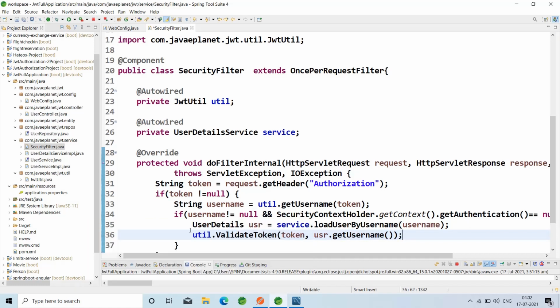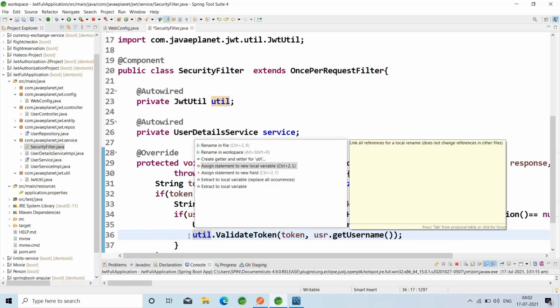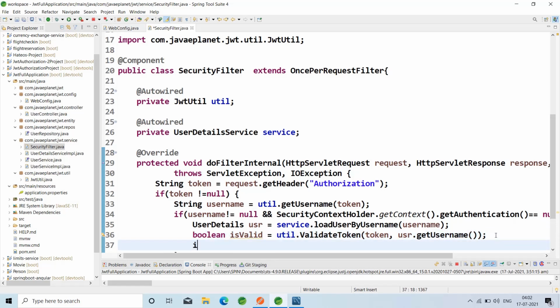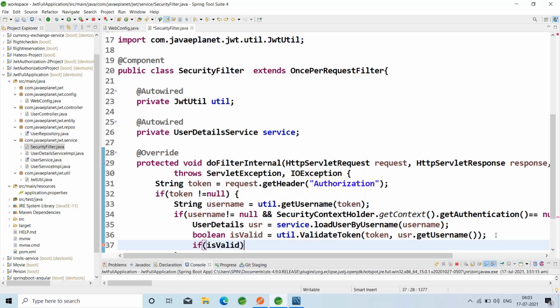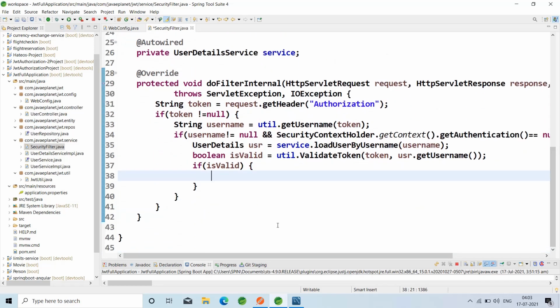This returns the boolean value. That means we are checking whether the token is valid or not, whether it is present or not. That's all. Boolean is valid. If the token is valid, if it is valid,